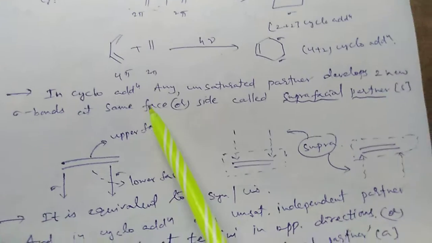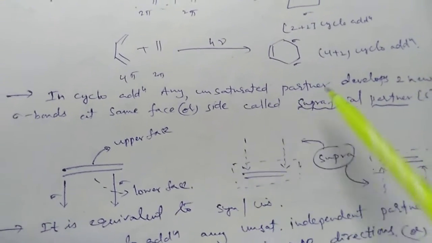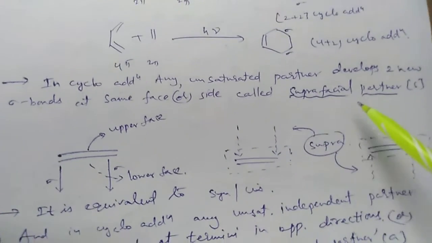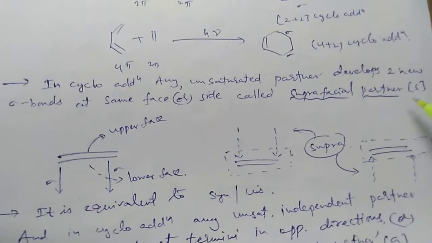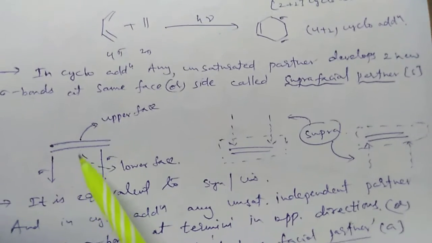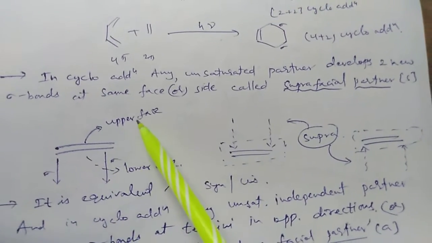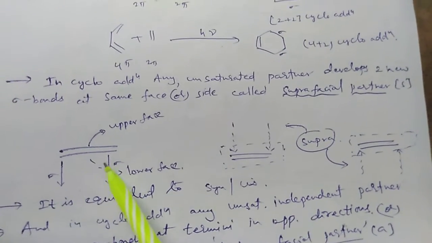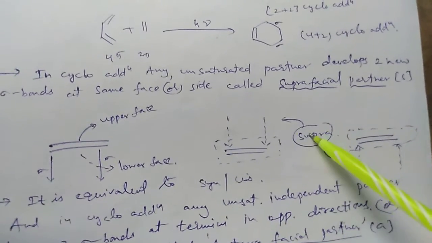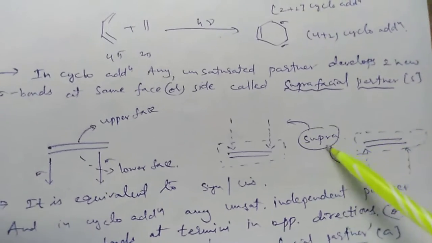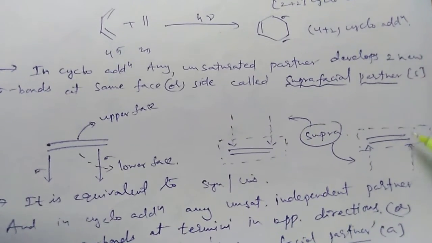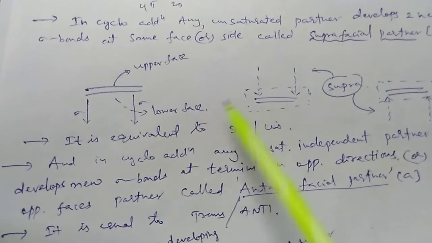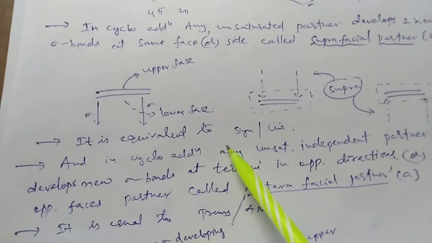In cycloaddition, any unsaturated partner that develops two new sigma bonds on the same face or side is called a suprafacial partner. It is denoted by S. Suppose it is a double bond. Whether on the upper face or lower face, when two new sigma bonds are formed, it is called suprafacial. It is denoted by S. It is the upper face or the lower face of the double bond or unsaturation, which is equivalent to syn